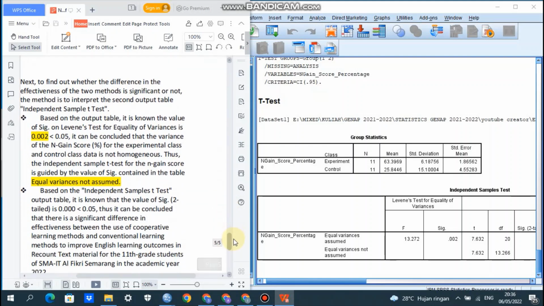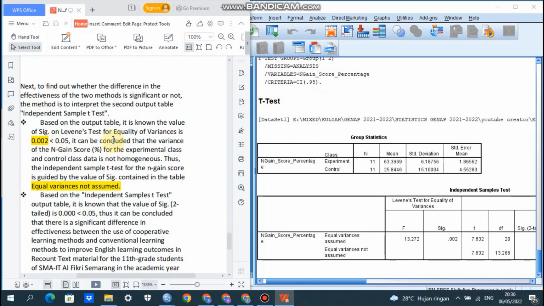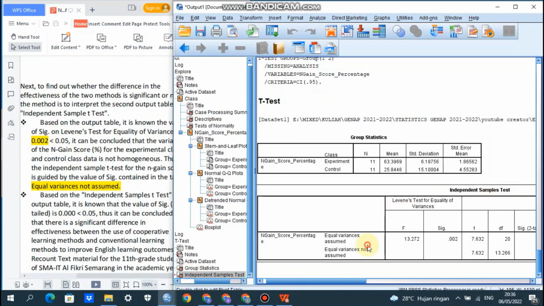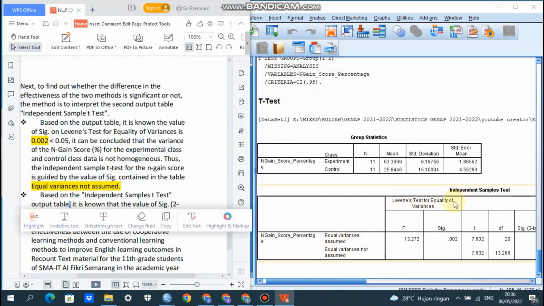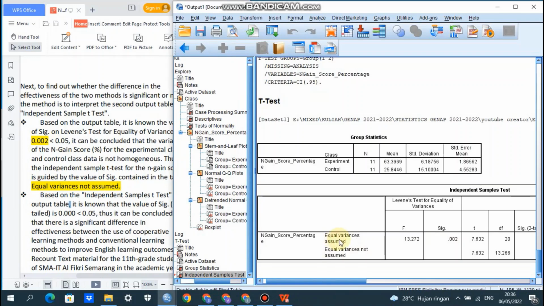And the last, we can do the interpretation using the independent sample t-test here. We have already found that Levene's test for equality of variance, for equal variance assumed, is 0.002. 0.002 is less than 0.05. So it shows that the data are not homogeneous.